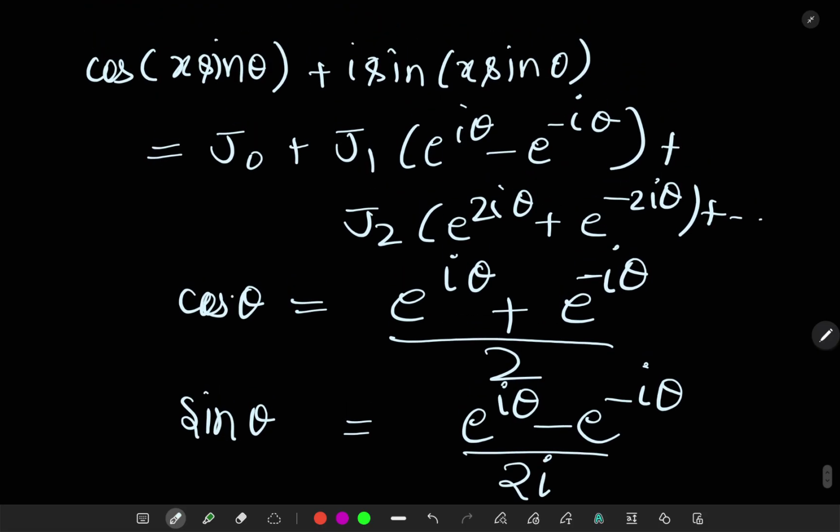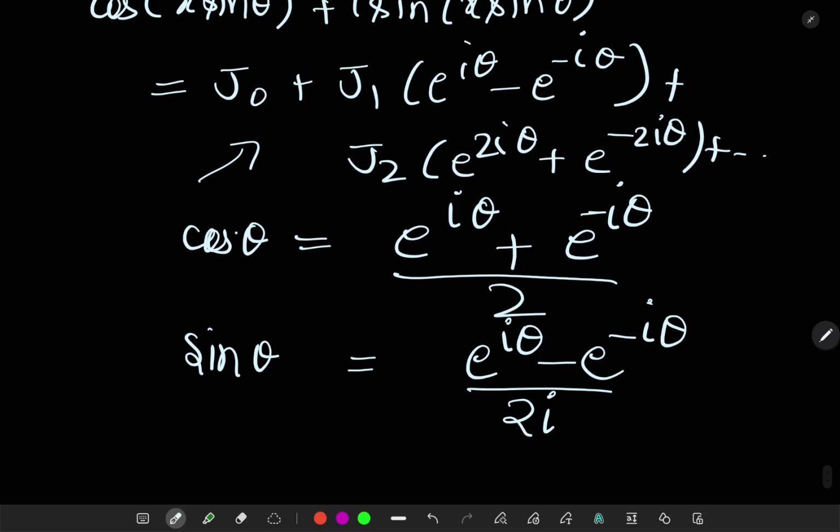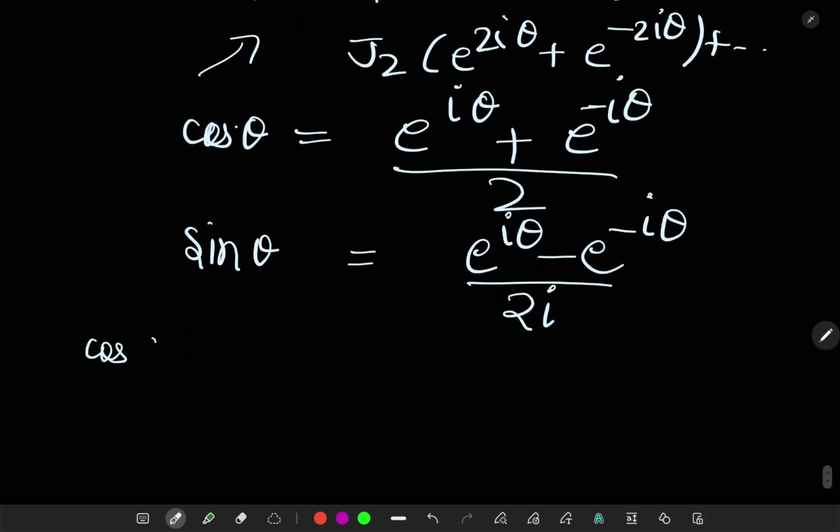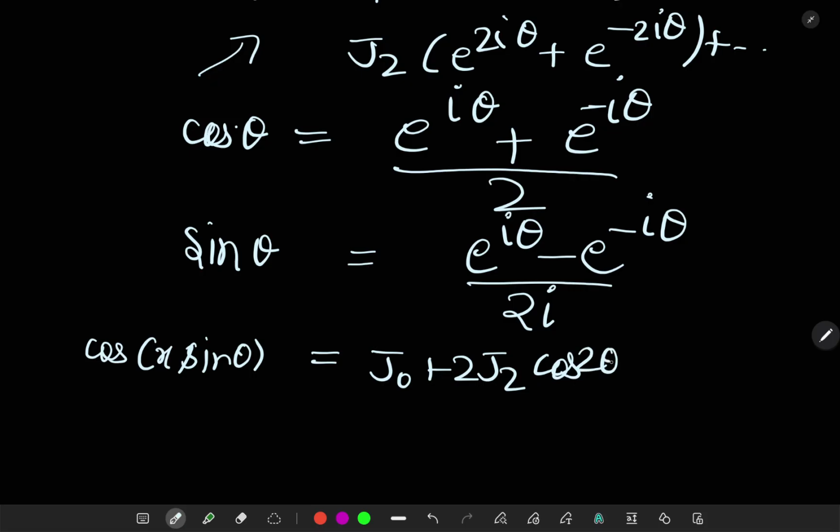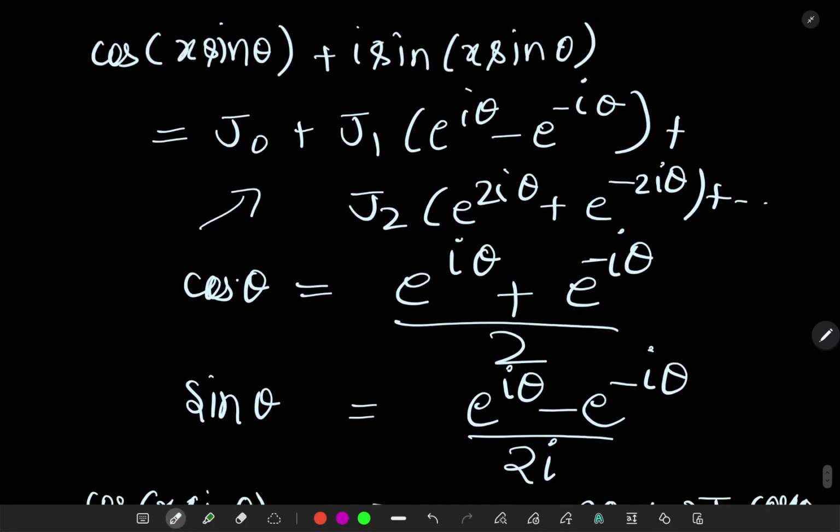Using this value in this relation we get cos(x sin theta) equals J0 plus 2J2 cos 2 theta plus 2J4 cos 4 theta